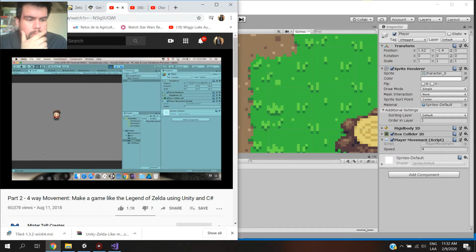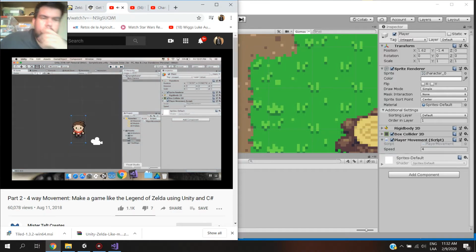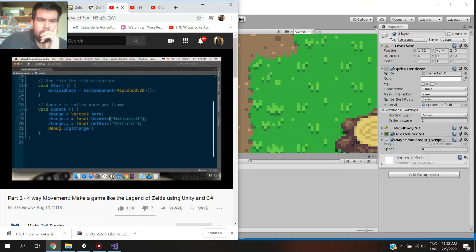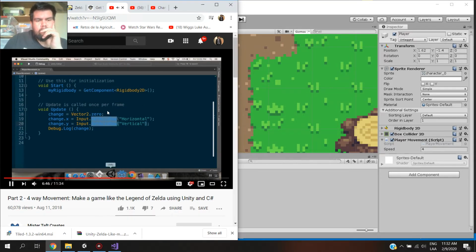If we're trying to emulate something that happened on the Nintendo or the Super Nintendo, it should be purely digital. It's either going or it's not. So, unless you're talking about Mario's Jump, but that's something else. So what I want to do instead of get access is I want to change that to get access raw. And get access raw doesn't interpolate between the two values. Instead, it just goes directly to whatever that new value is. So if I save my script,